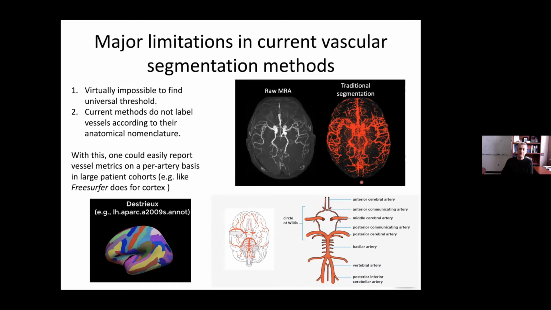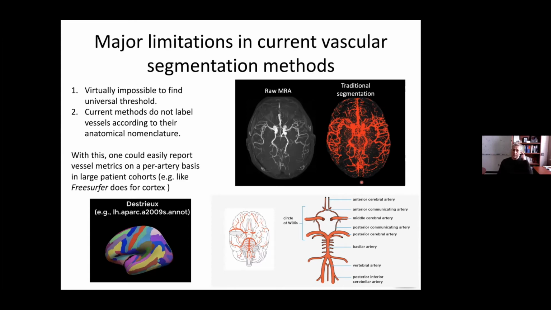This is not the case really for T1 and T2 star images. So the odds of every technologist always acquiring the brain with the same angle is virtually zero, which meant that if we stuck with threshold-based methods, we would not be able to do large studies as you can do with T1 weighted images. So that was the first problem.